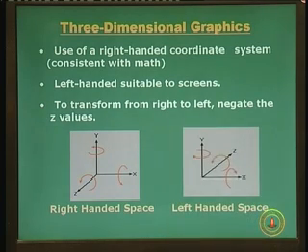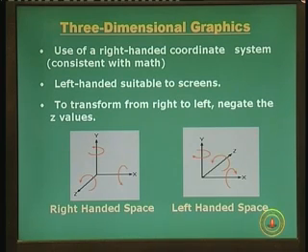You can also have a left-handed coordinate system. When you open the three corresponding fingers on your left hand, you will have a left-handed coordinate space x, y and z. In 2D you had only x and y, but in 3D you have x, y, z. So, you have translation along x, y or z, and also you can have rotations about these axes. We will see those transformation matrices later on.